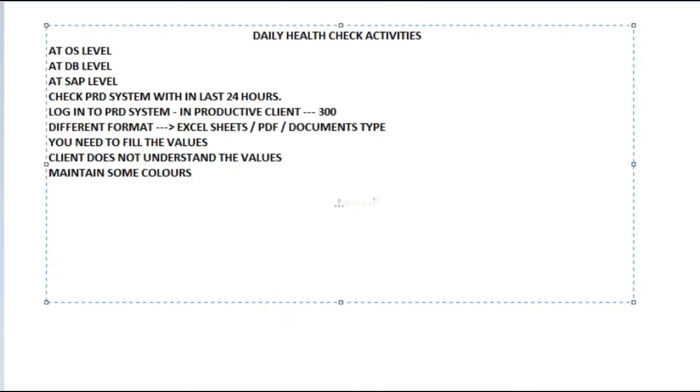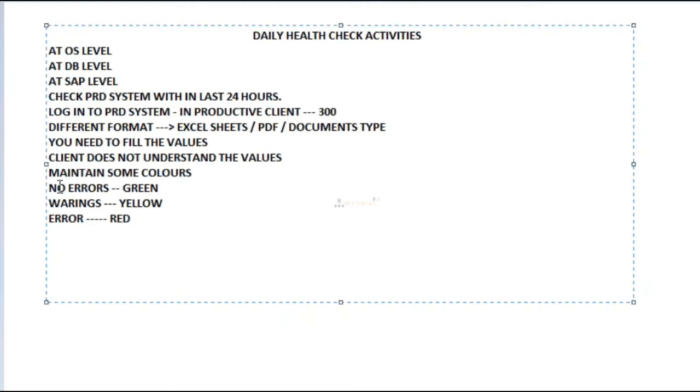Colors means if there are no errors, then it should be a green color. If there are warnings, then it should be a yellow color. Then if there are some errors, then it should be a red color, right?